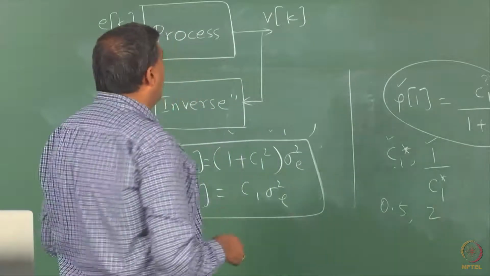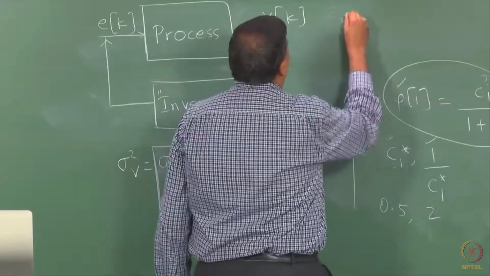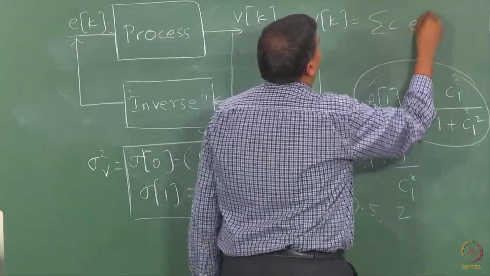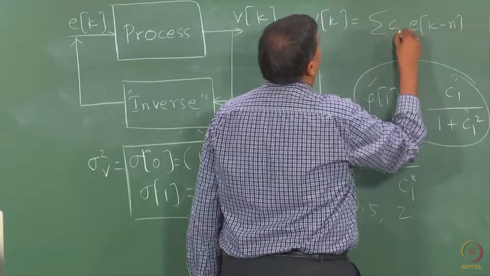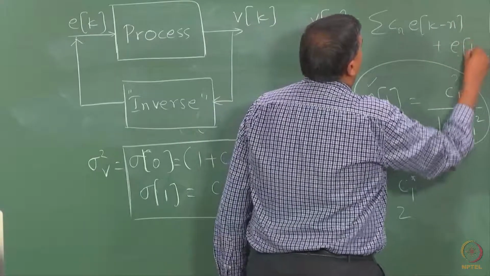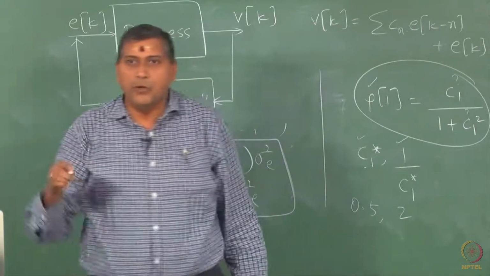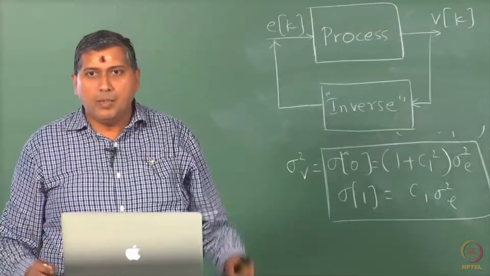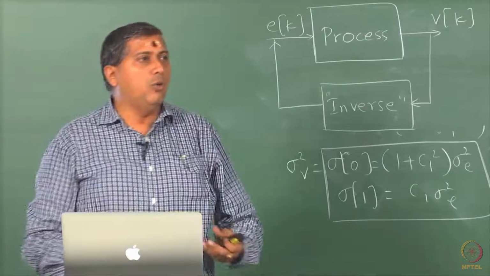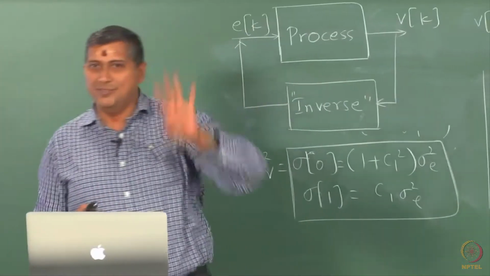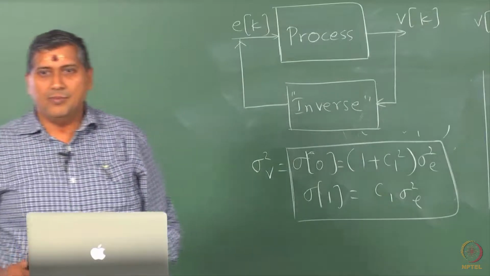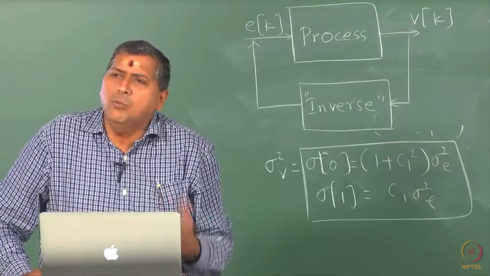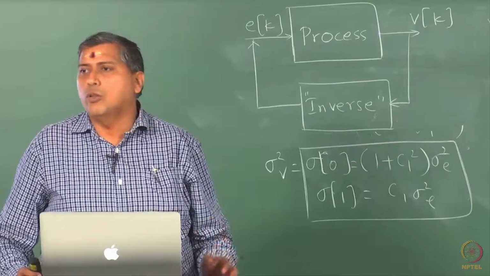In fact, if you look at the moving average model carefully, it is nothing but a mixing model. You are mixing the white noise sources from the past and producing Vk, right. So, it is a mixing model. What you are doing now to recover Ek is demixing. So, you can think of this inversion also as demixing. There are so many nice perspectives depending on what you are comfortable with.